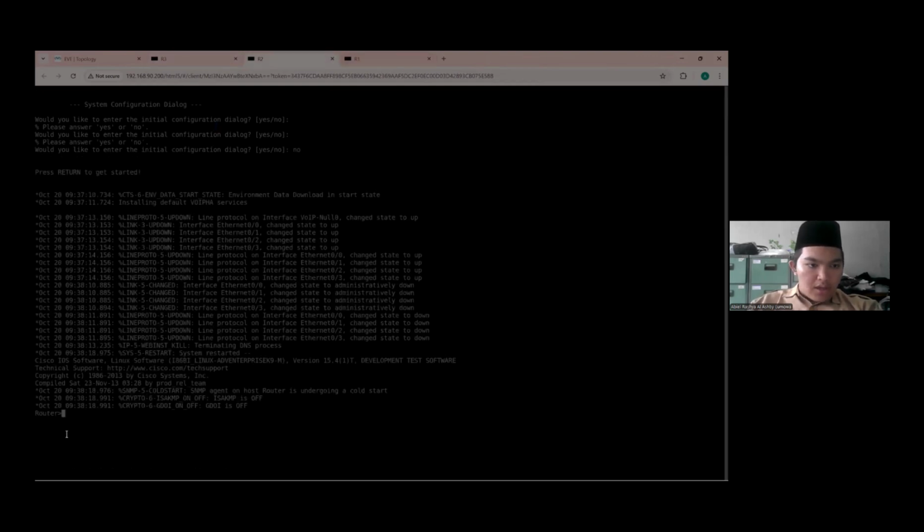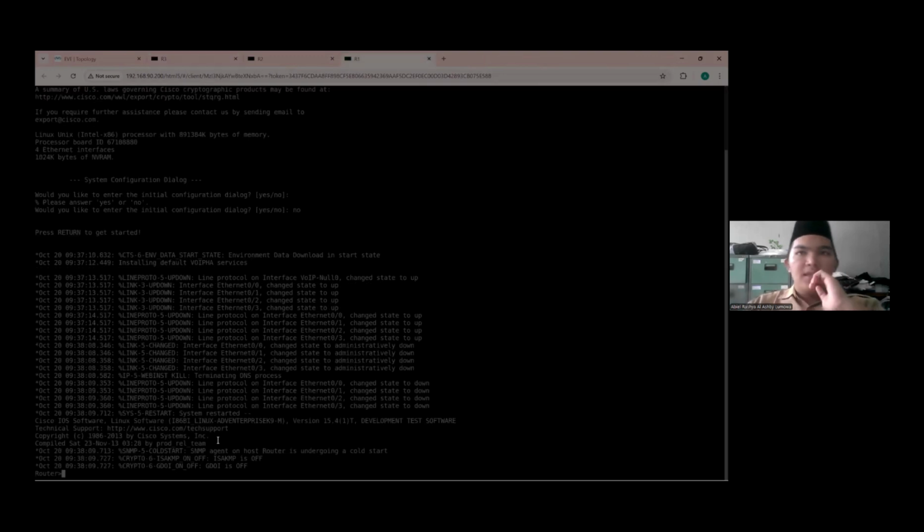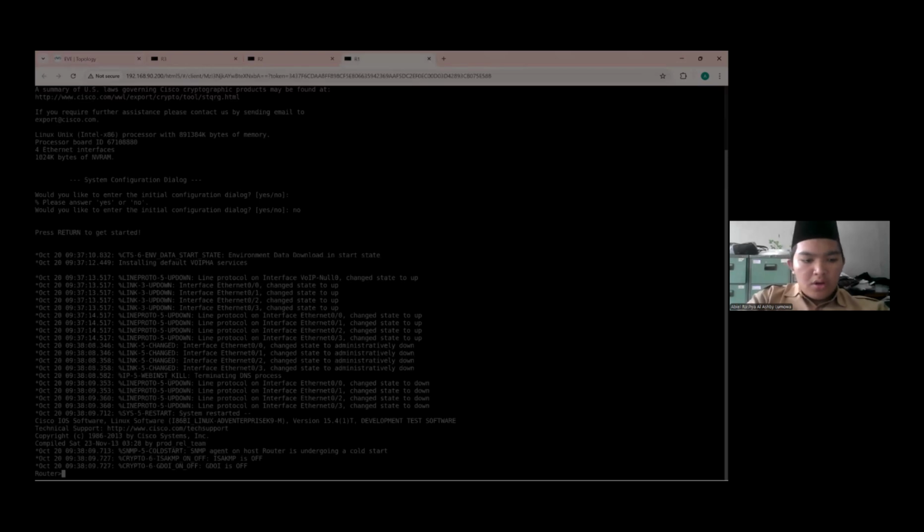If you want to configure some topology, for example, here I'm going to configure OSPF. First, we're going to add the IP address on the interface. In my plan, I'm going to create two routing protocols, that is OSPF and also EIGRP for the stub area configuration. First we input the IP address on the physical interface, which in router one is E0/0.